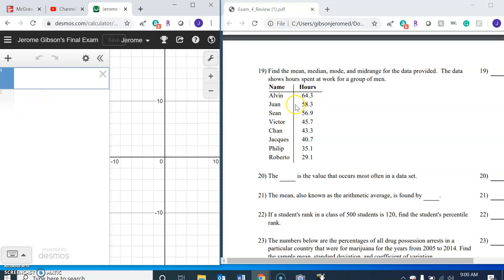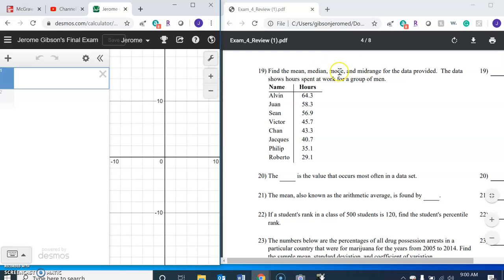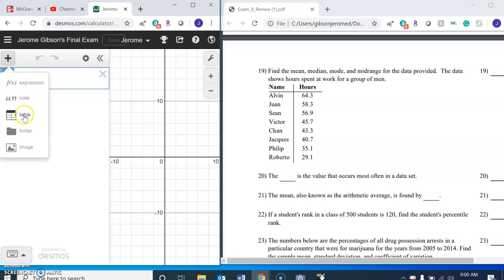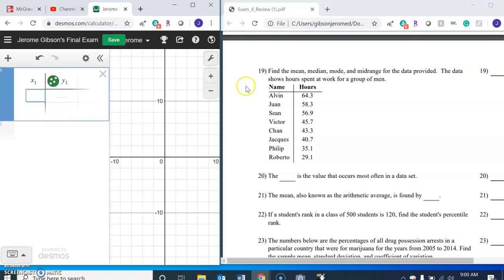So the first thing we would have to do here is they want us to find the mean, median, mode, and mid-range. Okay, so I press the add and I click table. Now in the table here, I would just need to type in the hours,